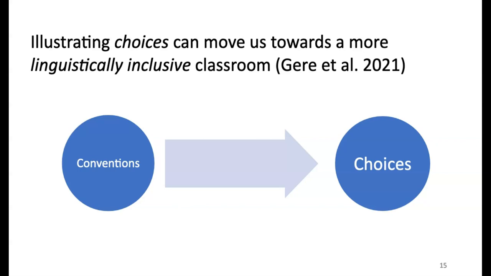choices within a particular discipline or genre rather than conventions, since conventions might imply some sort of standard or might invoke some more evaluative language that we might be trying to avoid depending on our pedagogical purposes. So I think this terminology becomes more important as we think about incorporating some of this corpus-based scholarship into writing pedagogy in the classroom.